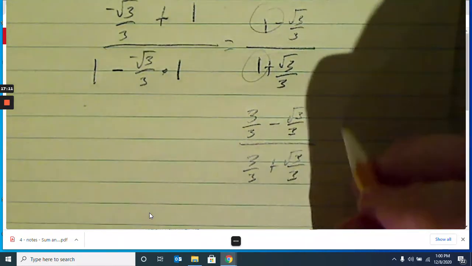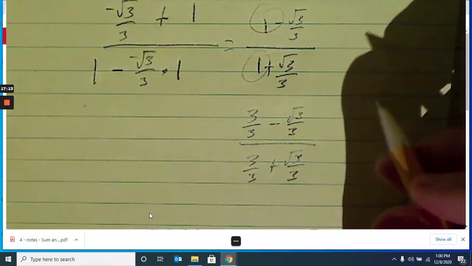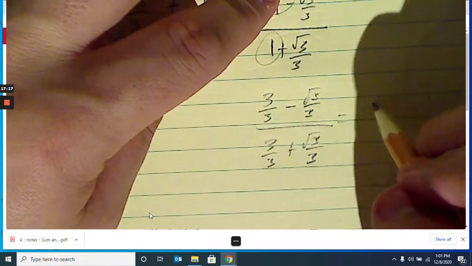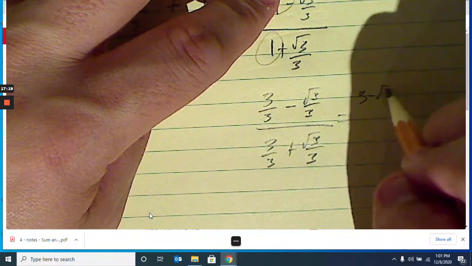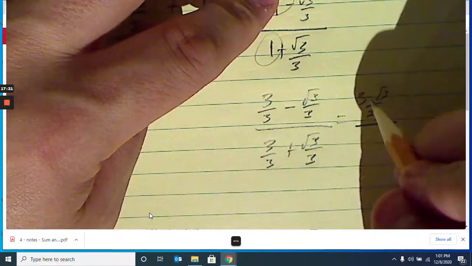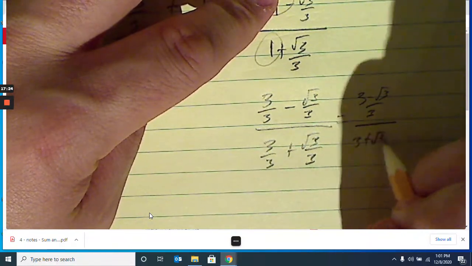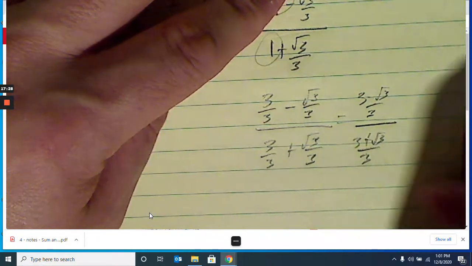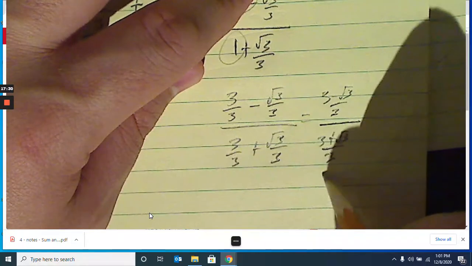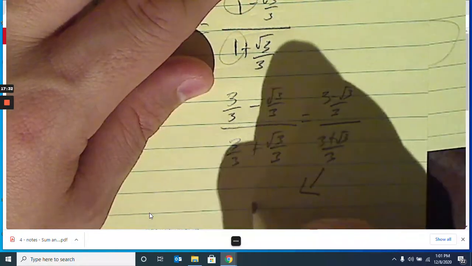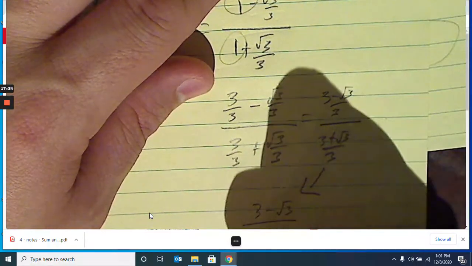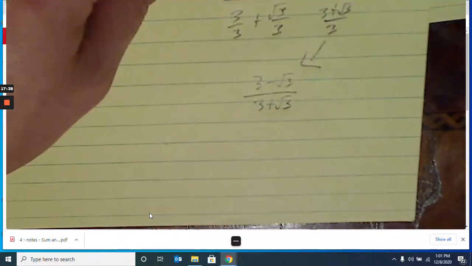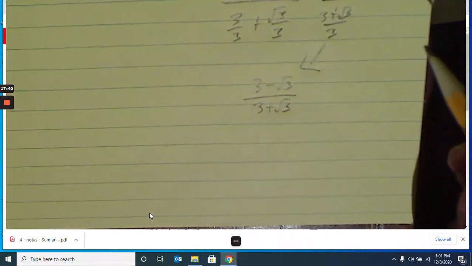Oh, I see what I should have done. So anyway, that's going to become 3 minus root 3 over 3 over 3 plus root 3 over 3, which becomes, and I'm running out of room, so I'm going to move it down here, 3 minus root 3 over 3 plus root 3. Okay. And then I'm going to multiply by